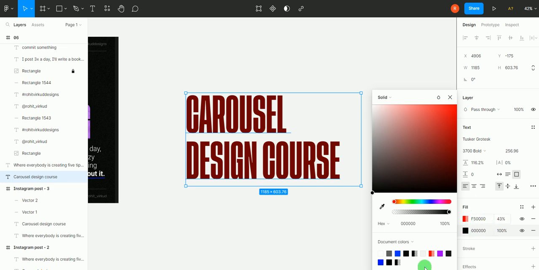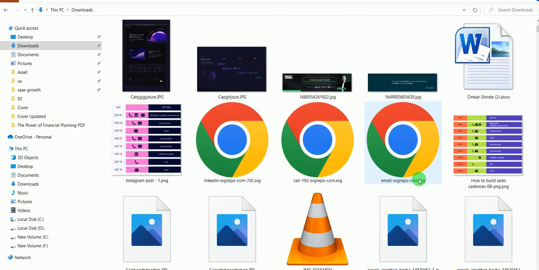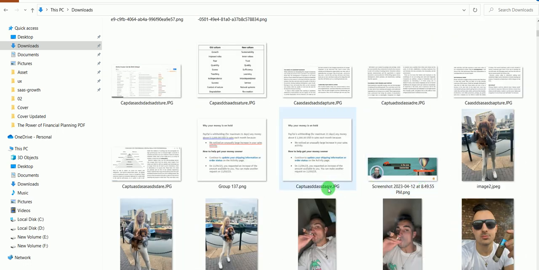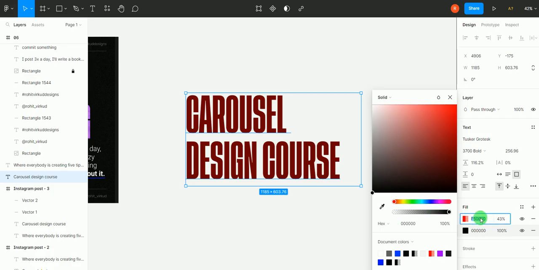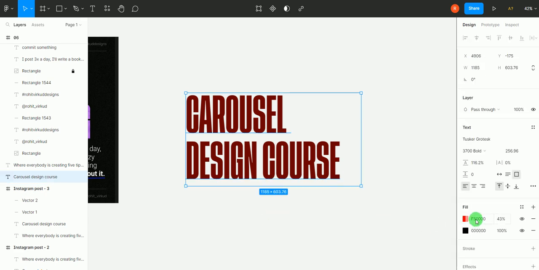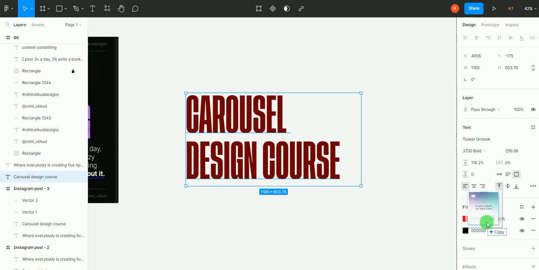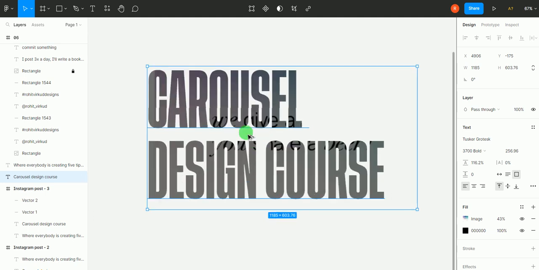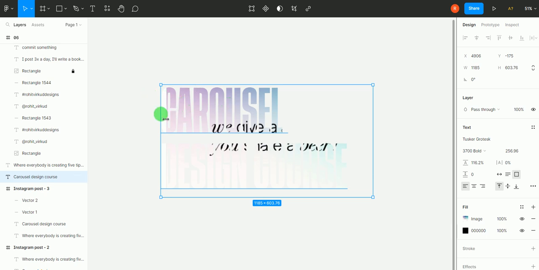What happens is if you download any texture, let's go here, I don't have any texture right now on top, but I'll show you. Take this image as a texture, click on the image, open Figma, and drag this file here, and you can see that texture applies on top of it. If you do it at 100, you can see the texture on top of it,